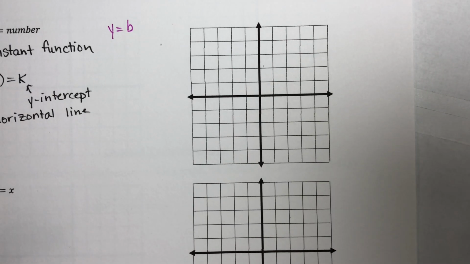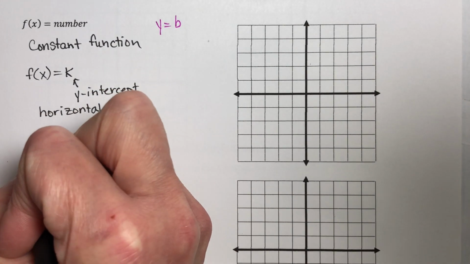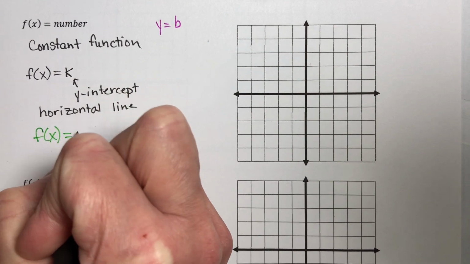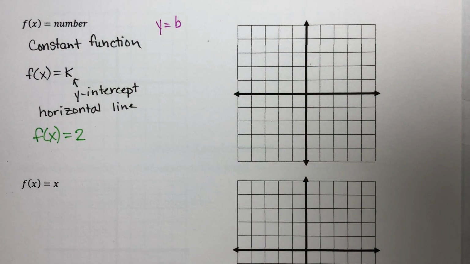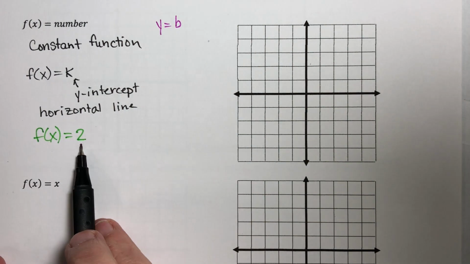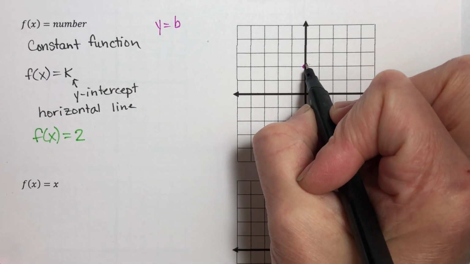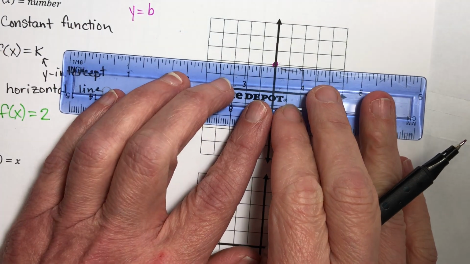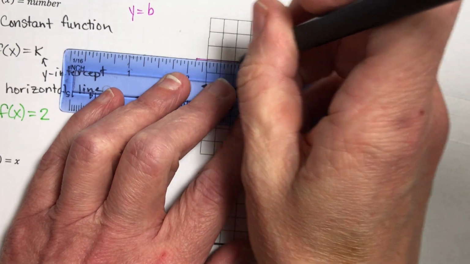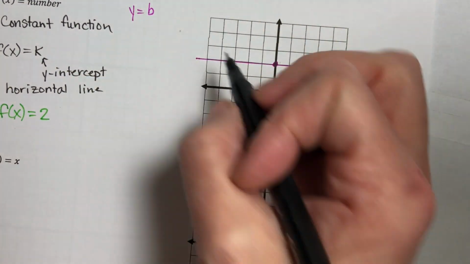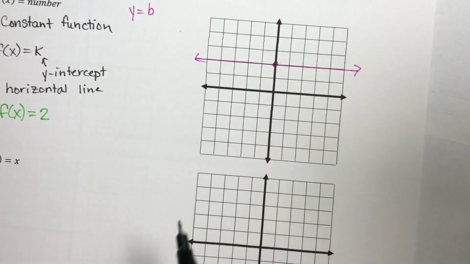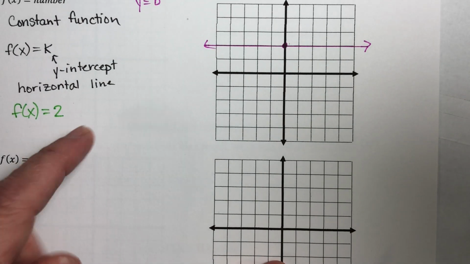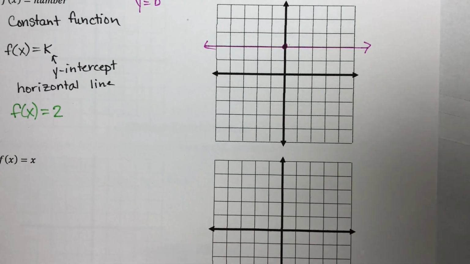So let's say, because I need to do a general example graph here, that we have f of x is equal to 2. Then that line is going to be a horizontal line with a y-intercept of 2, which is right there. And so our horizontal line will look something like this. Okay. So that is one example of a constant function. Of course, it just depends on what this number is, where your line goes, but it's always a horizontal line